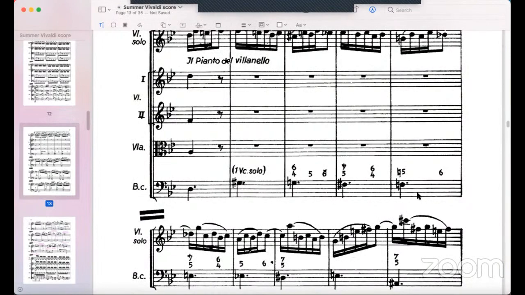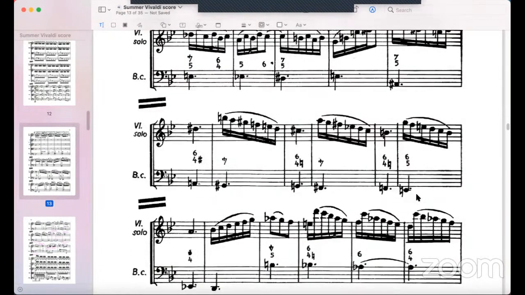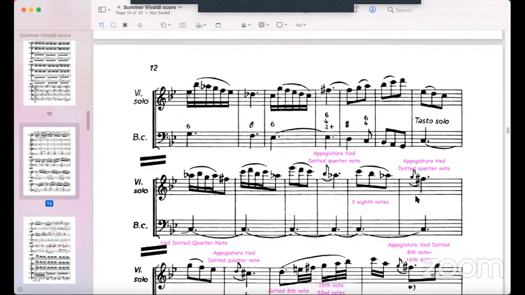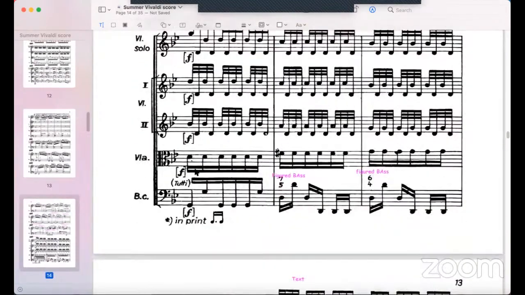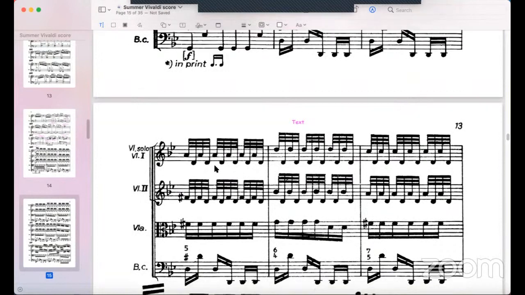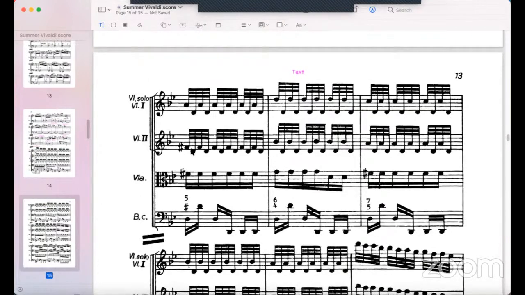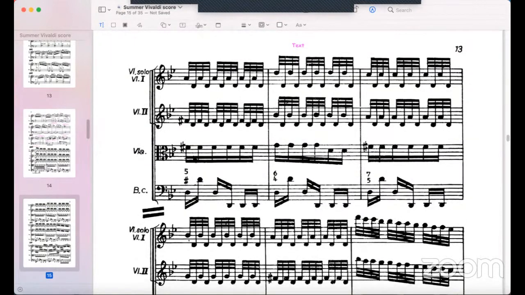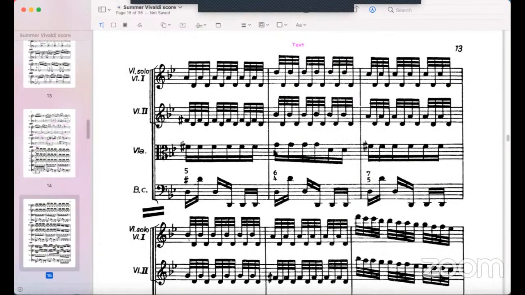Until soon on page 13. The 32nd notes on the ripieno, the violin 1 and 2, on those violins, on the solo and the ripieno. 16th notes on the violas, 16th notes on the cellos. And those numbers here, the figured bass numbers,